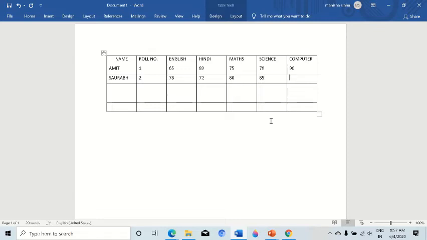Now you can see my cursor position is stuck at that place, and I am moving this insertion point by using the arrow keys. There are 4 arrow keys: left, right, up and down. By clicking the left arrow key, I am moving to the next adjoining cell and typing the data like this.